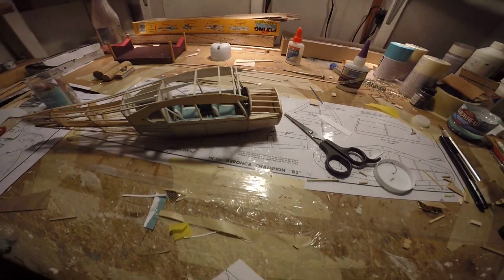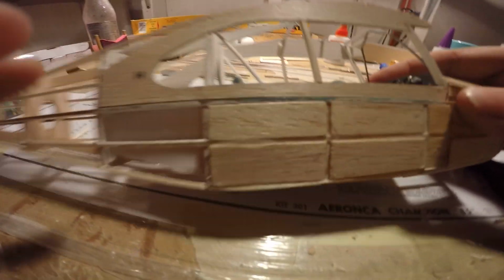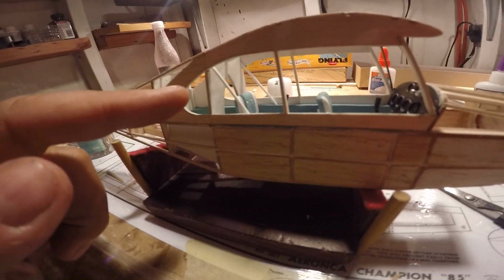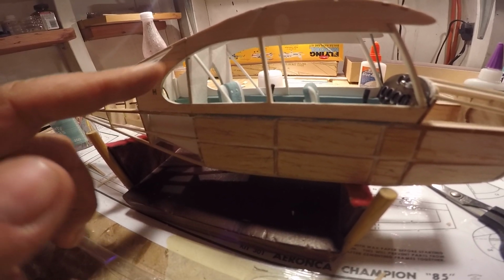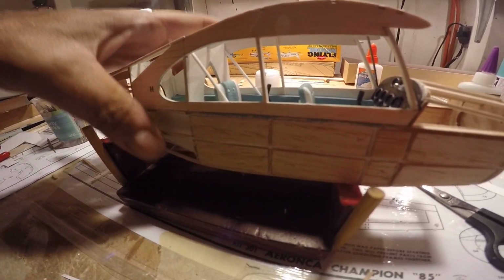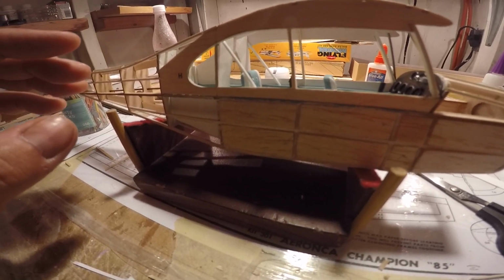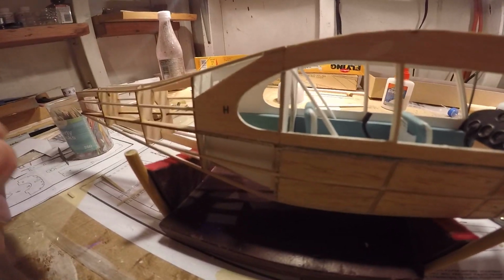So, all right. The mistake that I made, and I don't even understand how this happened. It's kind of funny, but let's put this up on the rack here. I kept thinking of this as the rear bulkhead, and kind of dismissing the window right behind it. So I had left this whole section between this bulkhead and this one unfinished, unpainted,